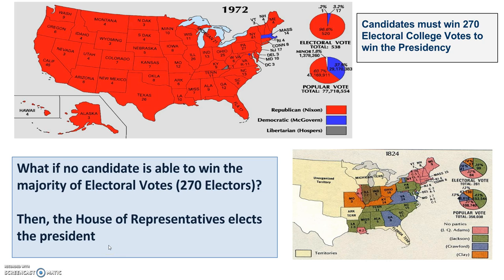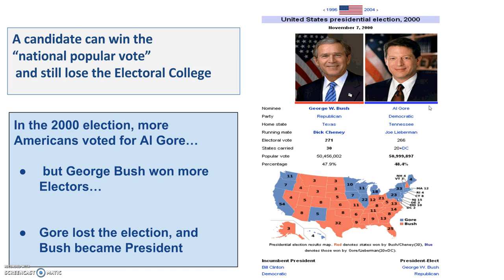This obviously does not happen very often. You have to go back to 1824 for a really solid example. And during this example, we had 4 people running for president, and they split the Electoral College vote down pretty dramatically. Since nobody had the majority, the House of Representatives picked the president. Another situation that the Electoral College system can create